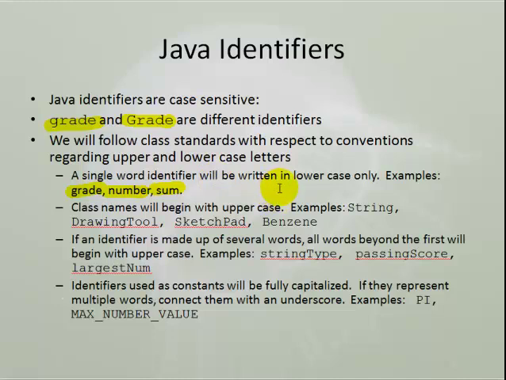of several values. Class names doesn't really mean a lot to you yet, but there are some classes, kind of a different kind of data type, or a whole program in itself. And when you make a class, you make up your own name for that class, your identifier for that class. And if it's a class, I will want you to follow the convention to have it be uppercase. And our textbook and our online curriculum, the documents that I'm going to give you, will all be consistent with